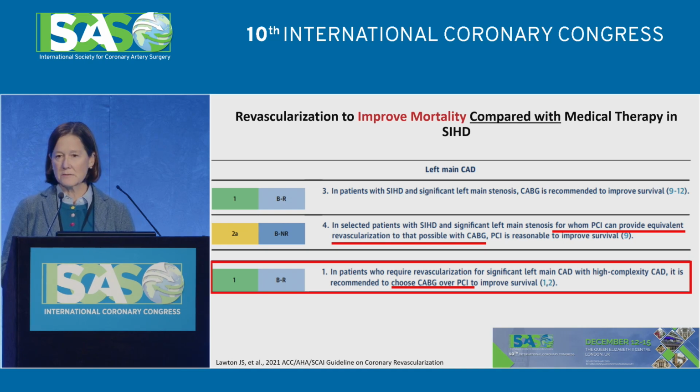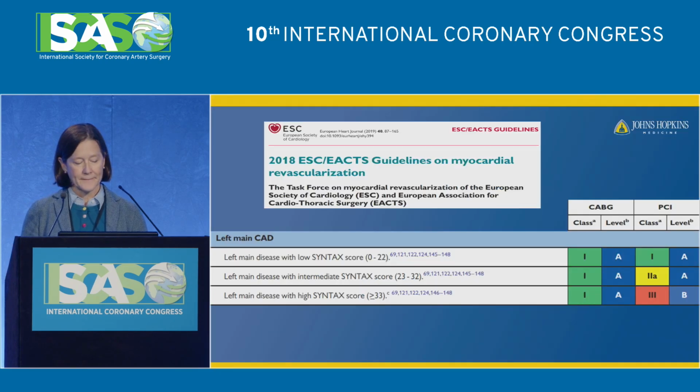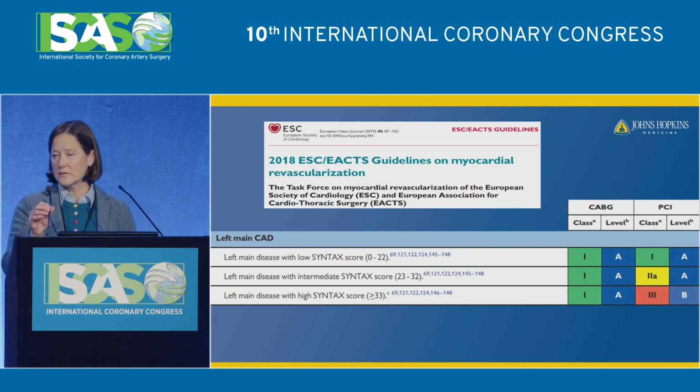And then an additional recommendation with class 1 recommendation, again, benefit greatly outweighs risk. In patients who require revascularization for significant left main disease, high complexity disease, it is recommended to choose CABG over PCI to improve survival. The European guidelines from 2018 structure it slightly differently, largely based on complexity of coronary artery